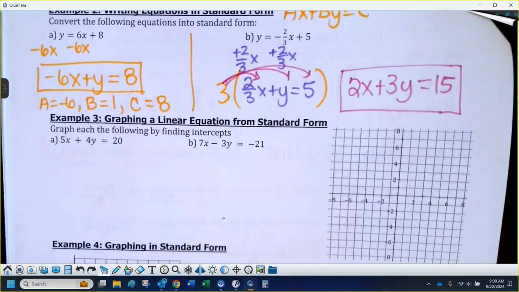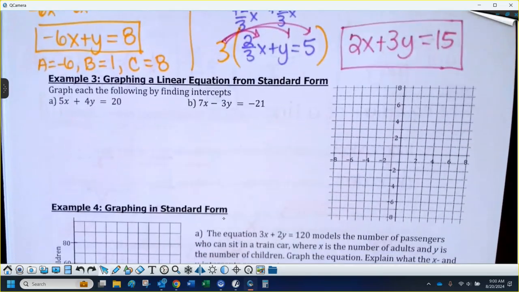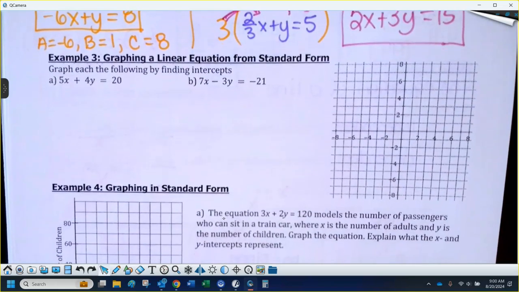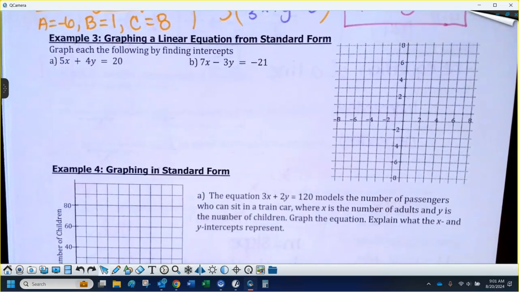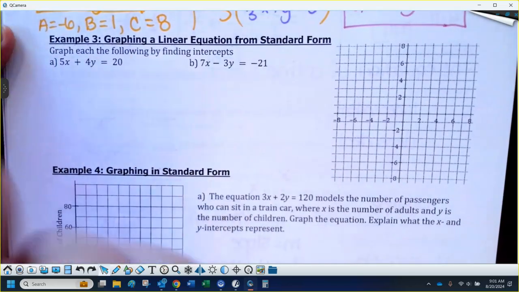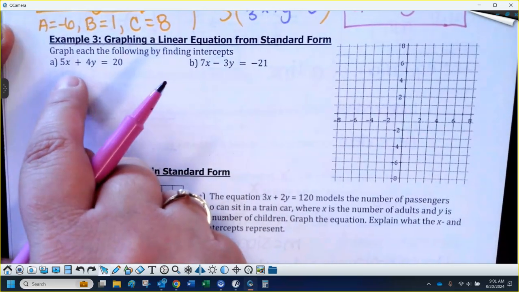Okay. Now, there's kind of 2 schools of thought on graphing these, and so I'm going to do one of each, but it's up to you what you want to do. So you can graph using intercepts. I'm going to use the same graph for both. If you want to do intercepts, this is how I always used to teach it when I taught Algebra 1. If I want the